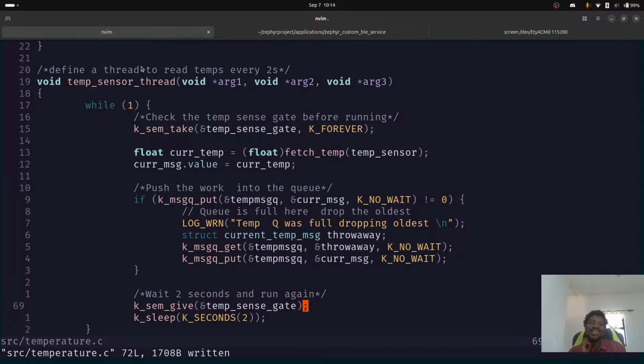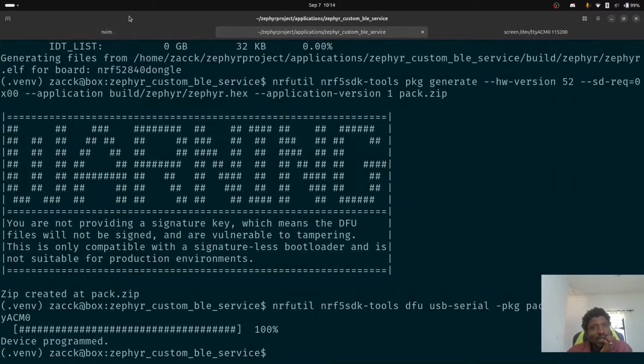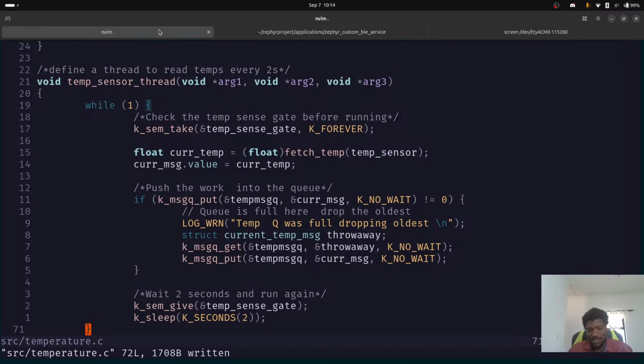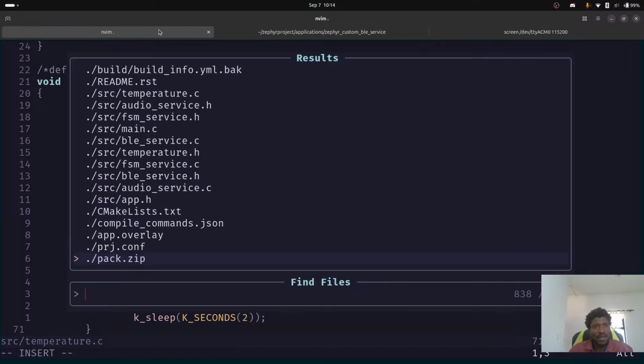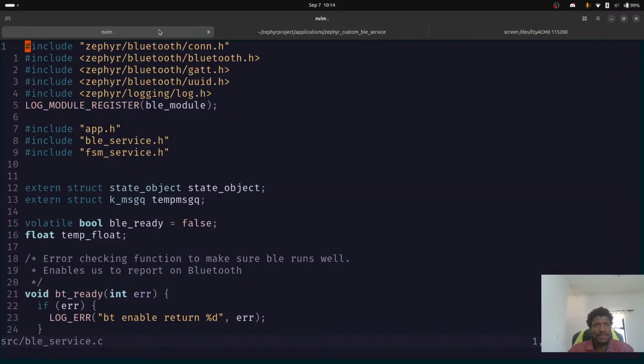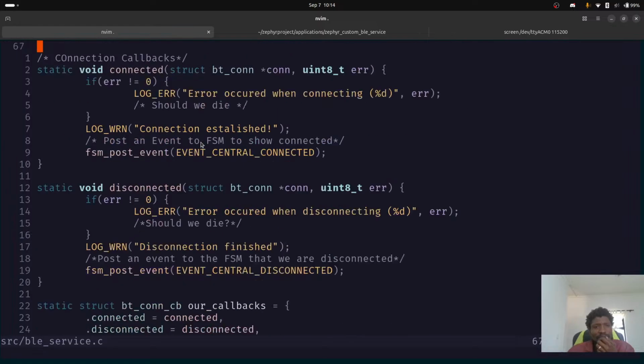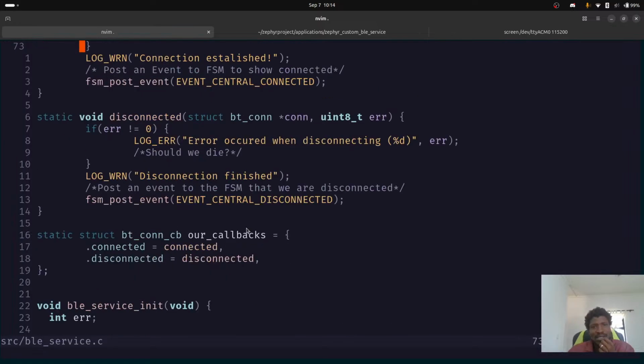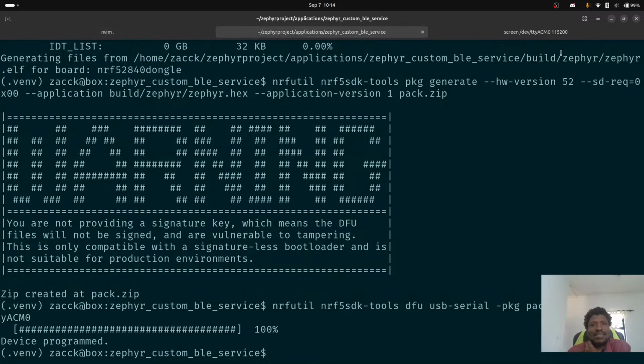Nice. Someone is following along. You're following along. I think the disconnected callback then. It's this. I'll show you what the problem is. BLE service. It's this. There's something happening in this disconnected callback that we should be dealing with. Do we get this error card when disconnecting, or do we get it when